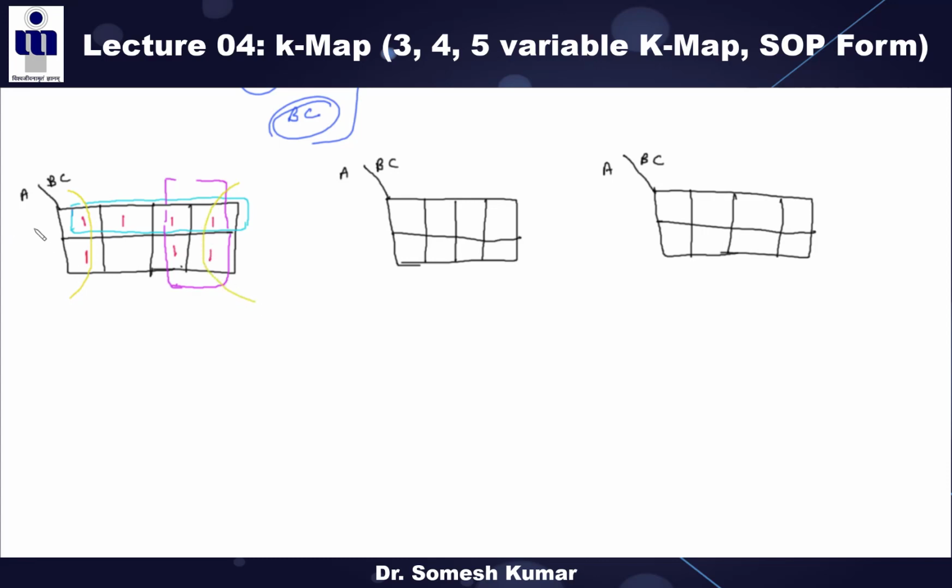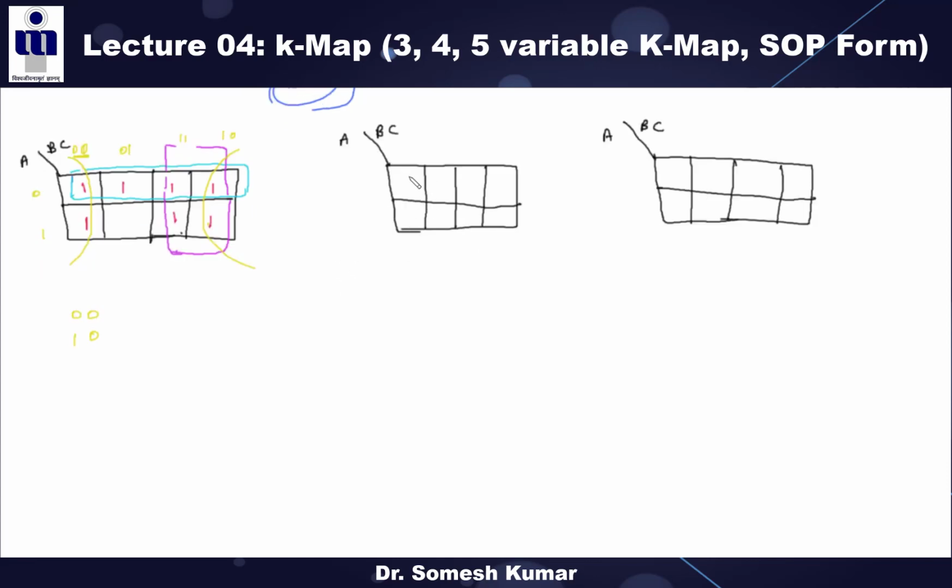See why I am saying this. This is an important thing you have to remember. 0 0, 0 1, 1 1, 1 0. This one, this one, this one, this one also make one quad, because there is only one bit difference. This is 0 0 1 0 and 0 0 1 0. How many bits difference? 1 bit difference. So this is also possible. How many quads are possible? 3 quads. Any doubt? This type of quad is also possible.